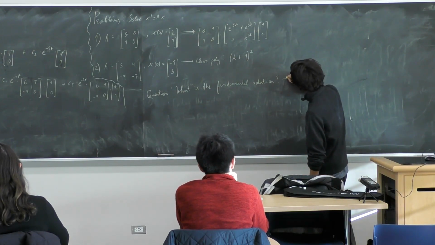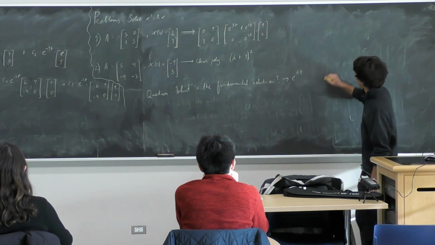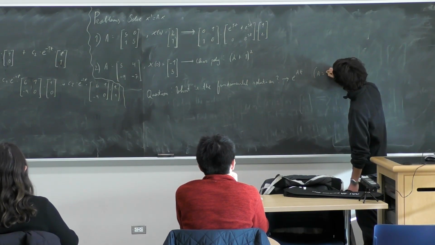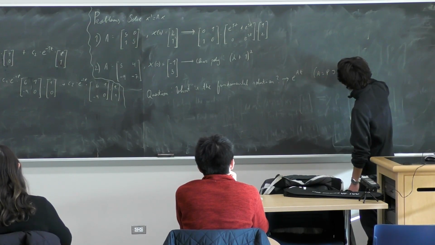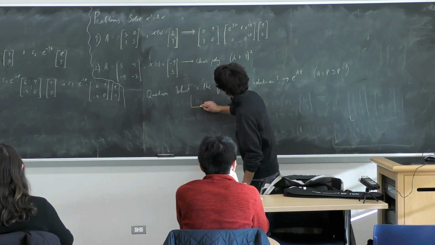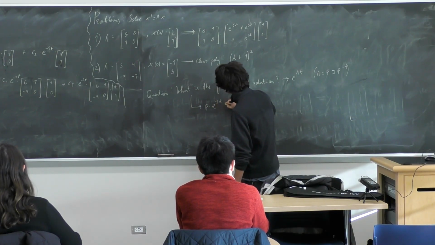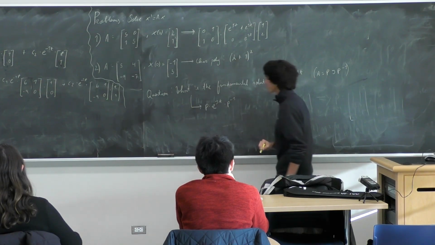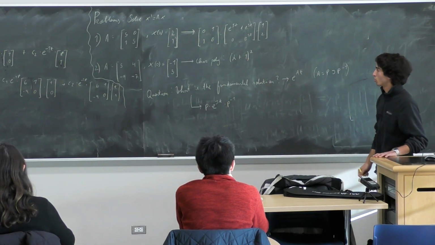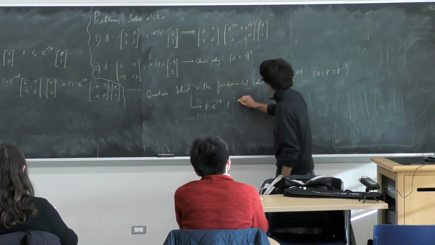This is going to be equal to e to the At. But we know that A is simply equal to P J P inverse. So this is the same as writing P times e to the Jt times P inverse. If we were to do it for that example that we just saw, then